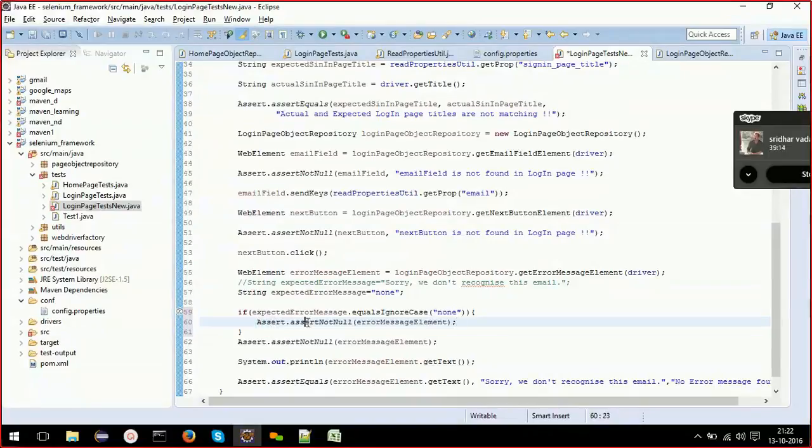So here, instead of asserting not null, I assert it null. That means I am asserting that this error message element is null. That means the error message is not present.